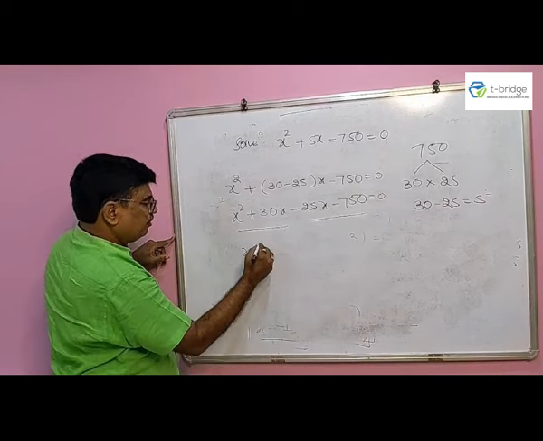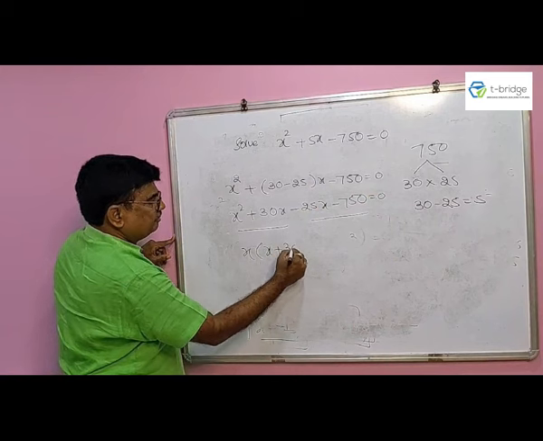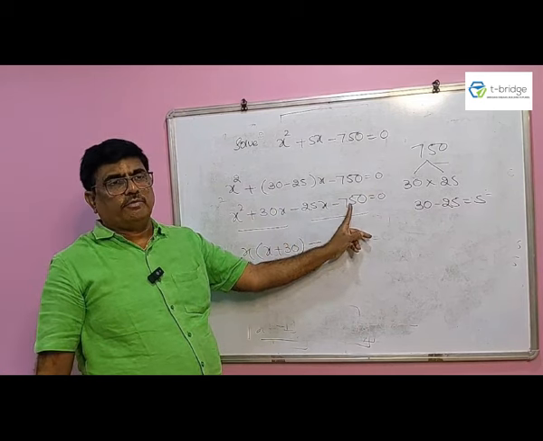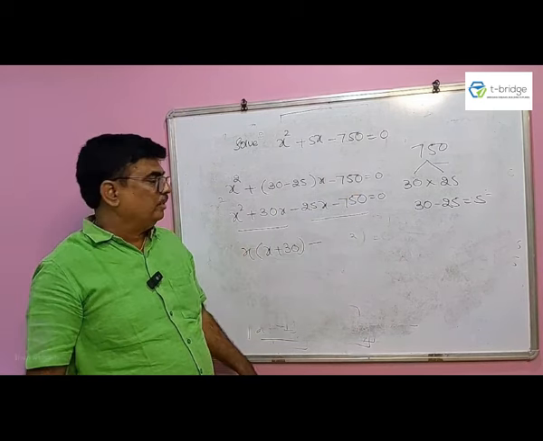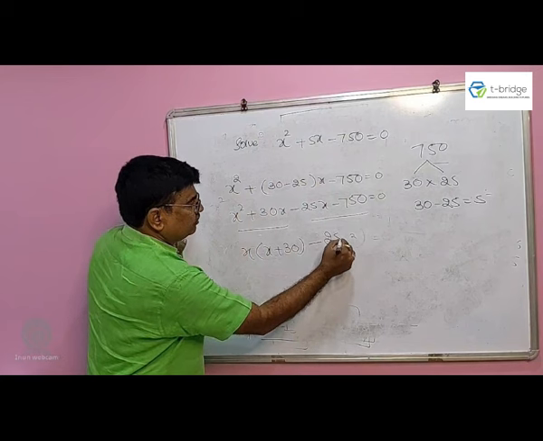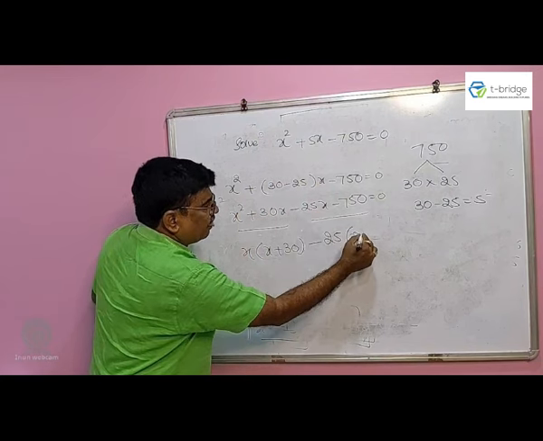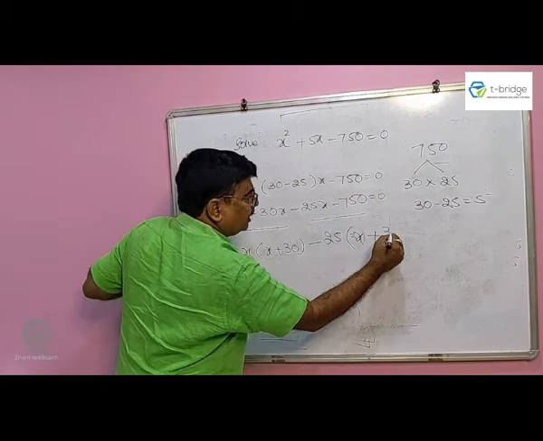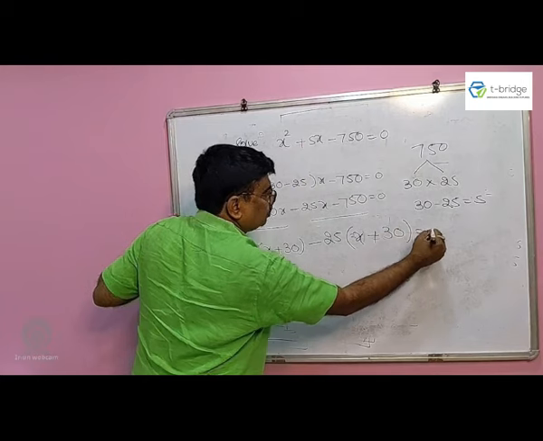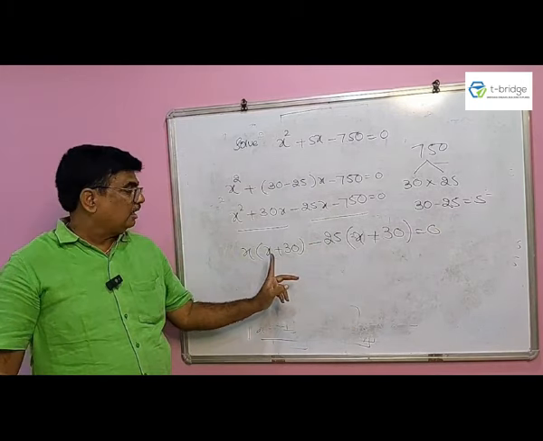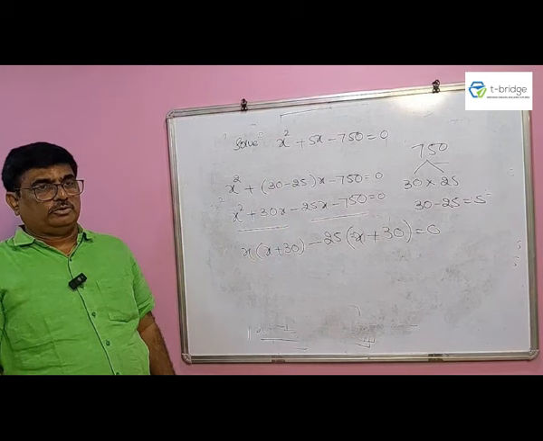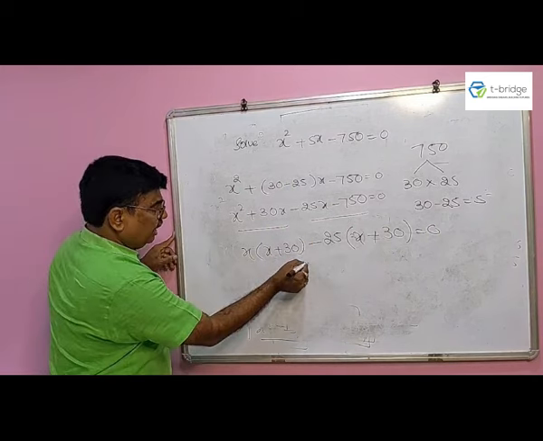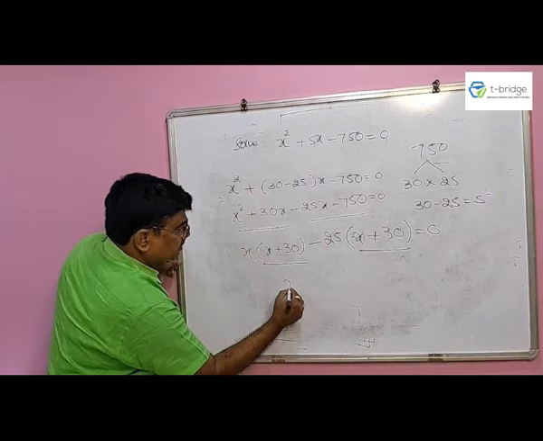x कॉमन ले लेंगे, x plus 30, इधर जो सिंबल रहता है वही 25 का टेबल में 75 आता है, 25 3 is 75, इसलिए हम 25 को कॉमन ले लेंगे, बच गया इधर x, माइनस कॉमन ले, माइनस का क्या होना प्लस, 25 3 is 75, 0 as it is equals to 0। चेक करो दोनों ब्रैकेट सेम है नहीं बोल के, अगर सेम रहा हम करेक्ट करके करे बोल के मालूम हो जाता है, अगर कुछ तो इधर गलत आया we done wrong anywhere। Here also x plus 30, take out x plus 30 is common,